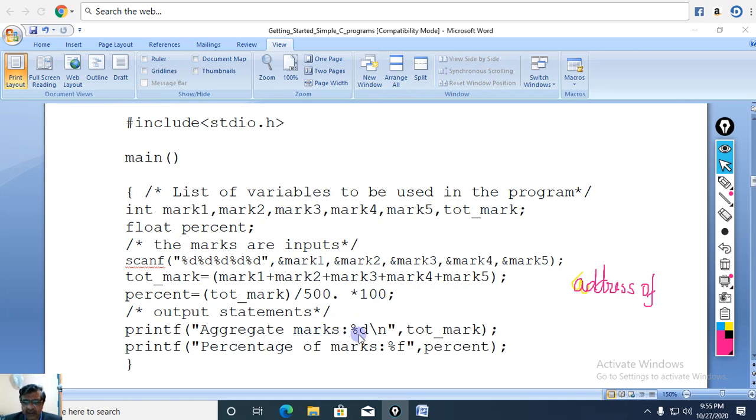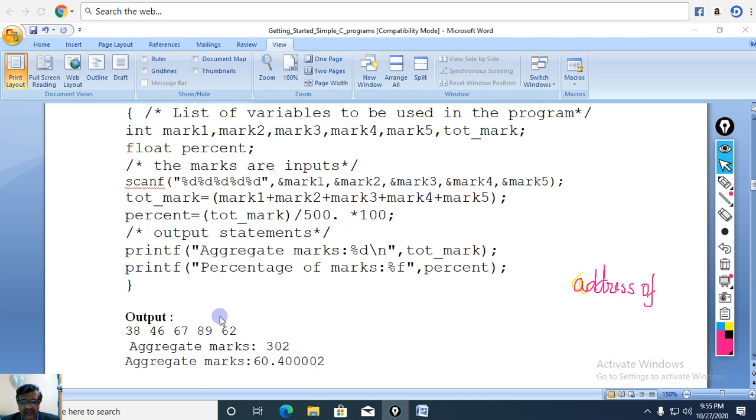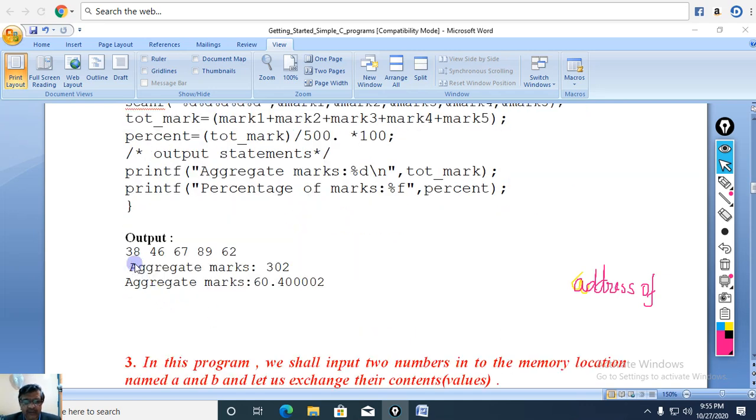Aggregate marks is percentage d, and total marks is placed there. Total mark is the variable which contains the total marks, and it will be placed over here with this explanation, and percentage of marks will be placed in front of this with percent, the variable which holds the value of the percentage marks scored by the student. And here is a typical output: 38, 46, 67, 89, and 62. Aggregate marks happens to be 302, and aggregate